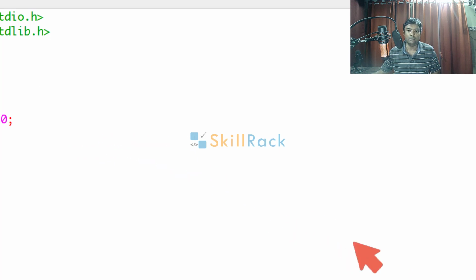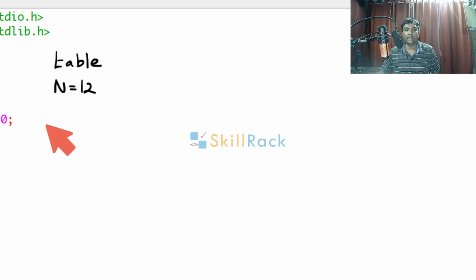So what is the logic we can follow? So first let us have the string value, here it is table, let us say n is equal to 12. So we can repeat the string value n by len times, where len is nothing but the length of the string.